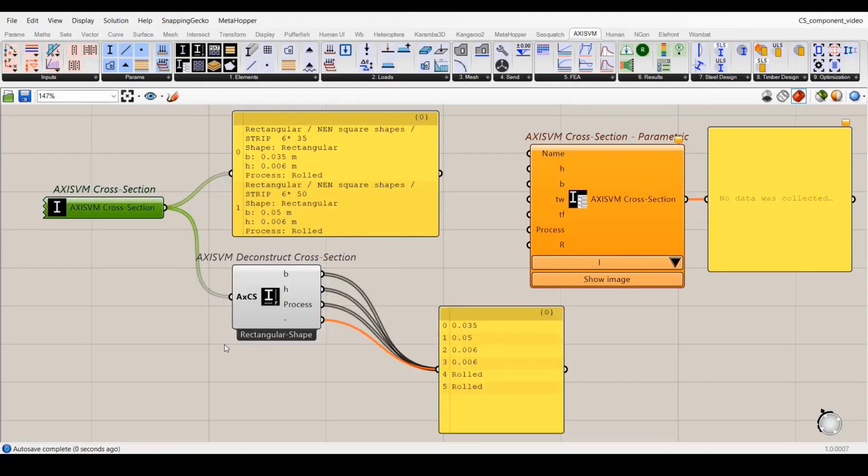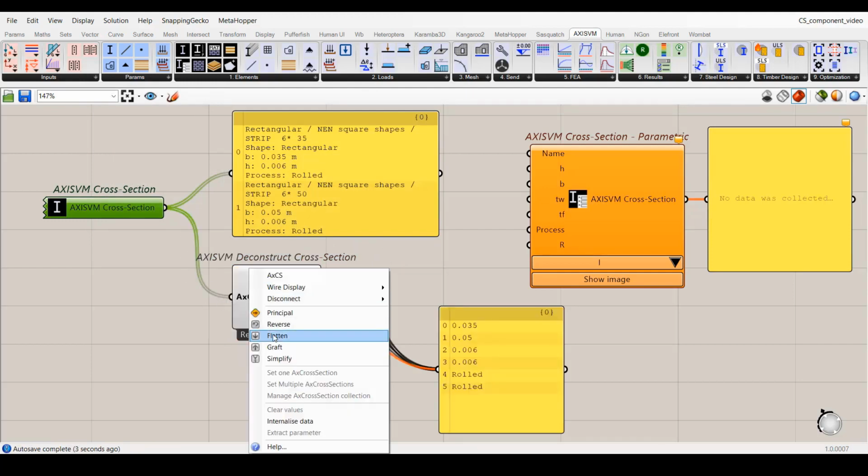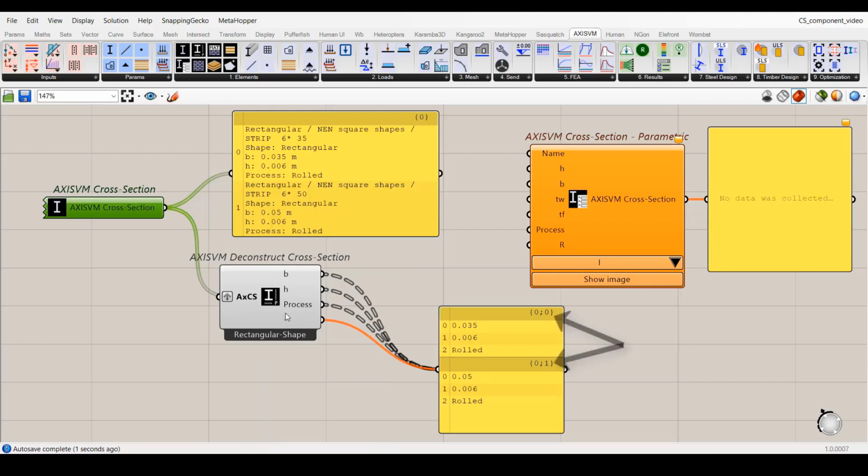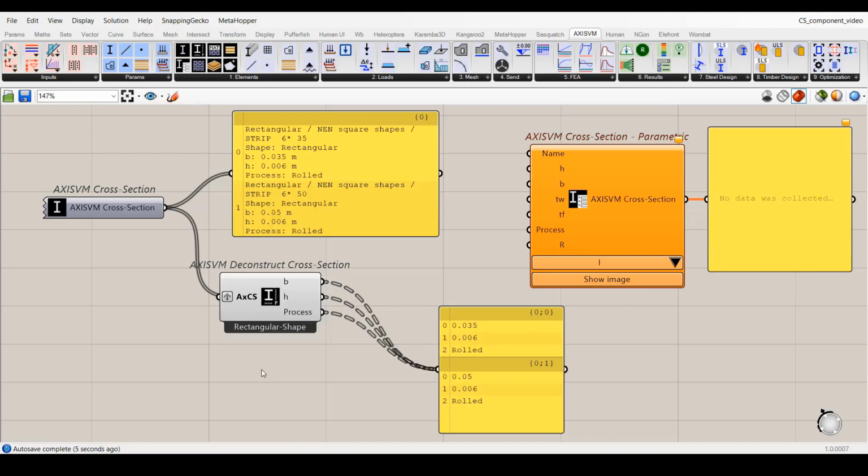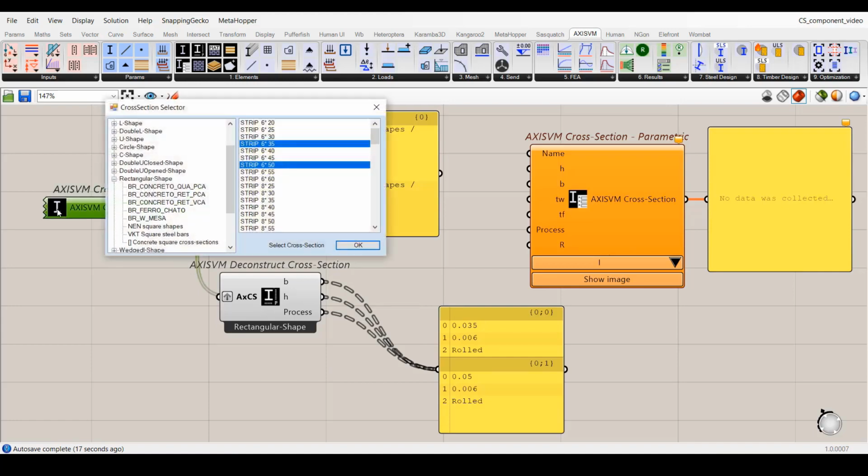Since I deconstruct more than one cross-section now, I grafted the input parameter to group the values on the output. These rectangular cross-sections have only 3 parameters. To remove the unnecessary 4th output parameter, I use the Match Output feature of the pop-up menu. I keep the first selected cross-section